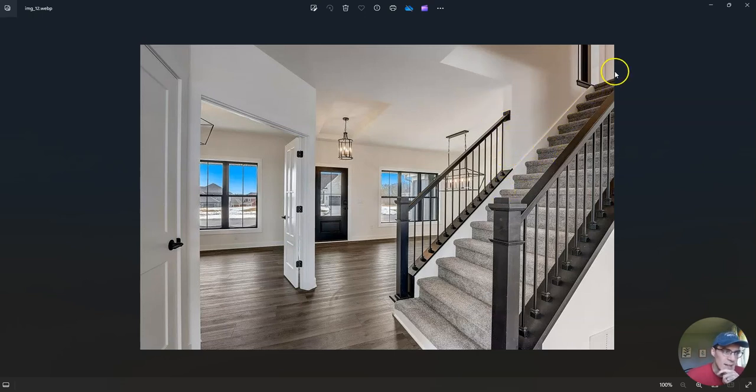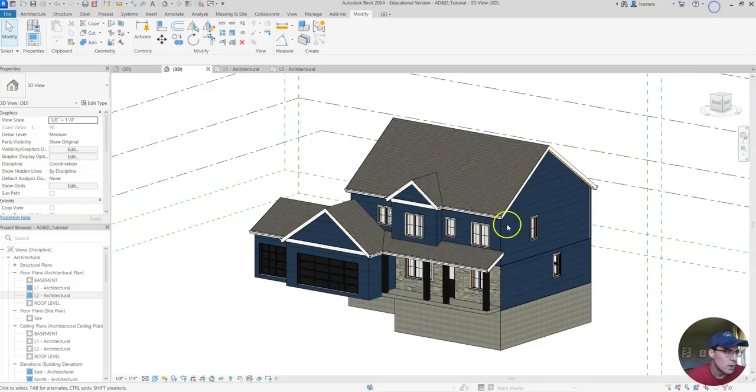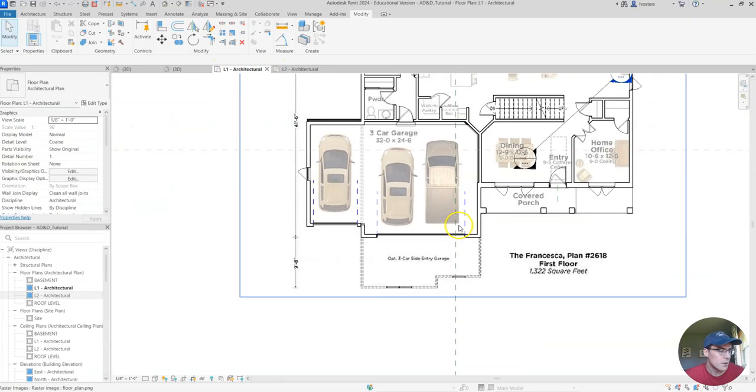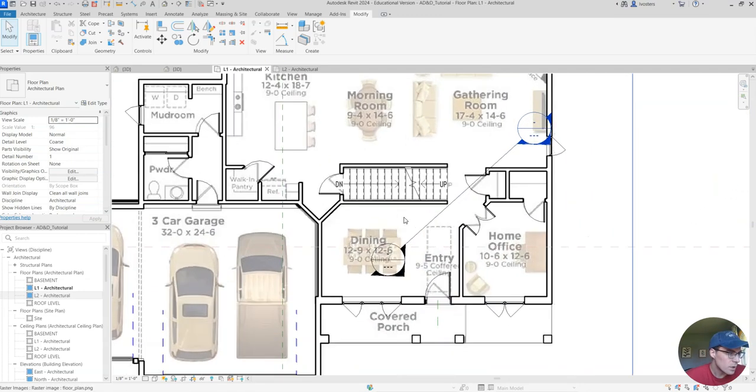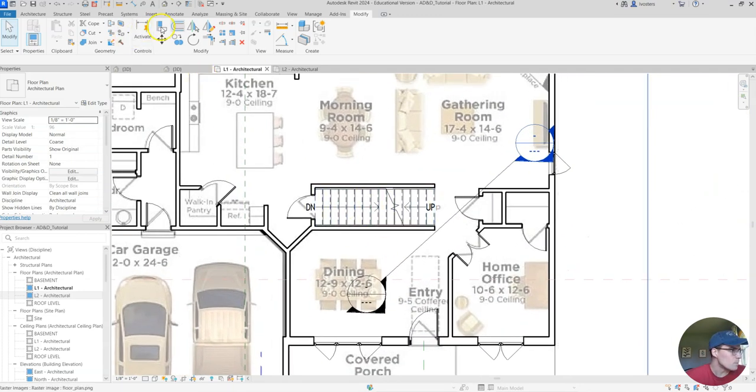And then we've got the rest of the stairs. There is actually no railing. It looks like there probably should be a railing along the wall, but for whatever reason, when they designed this, they did not add that. So we're just going to copy this design and add some straight railings that go 70 inches into this wall. So let's go to the L1 floor plan, and then we're going to do a section view